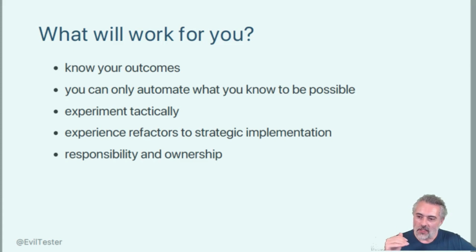When we're doing experiments, we should do it tactically, right? A lot of people want to leap to strategic automation. But what we need to do is learn so that we can work from our own experience. And we do that tactically by targeting particular technologies or libraries or tools. And it's a very low risk way to work because it impacts us as individuals.